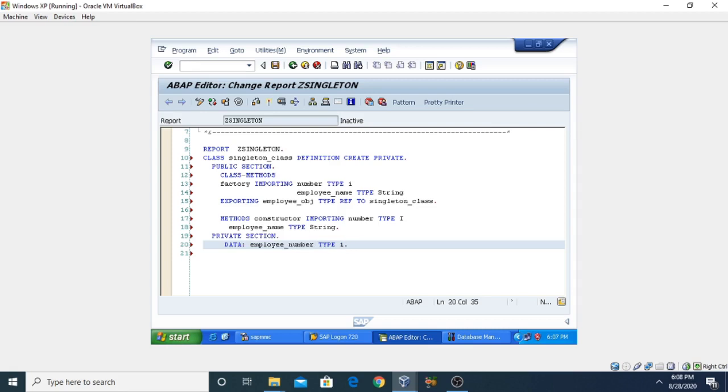So we have taken a class here, singleton_class, and firstly we have defined the methods. One method we have taken as a static factory method, second we have taken the constructor. Now we are going to declare the attributes of the class. So employee_number is of type i. Similarly, employee_name, and the type will be string.